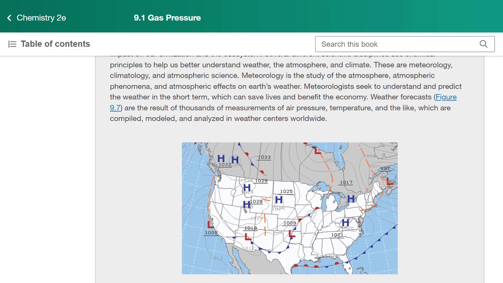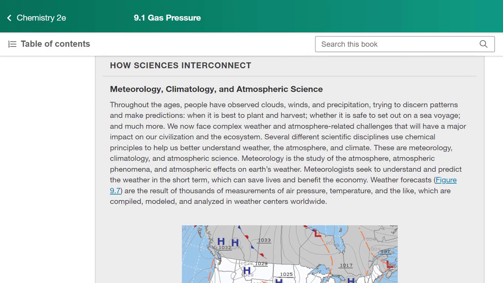But when you hear it on the news, when they report the weather, they are recalibrating it in a different way. So it's based on elevation. So they correct it. So we know that, for example, on the top of a mountain, the atmospheric pressure will be lower than at sea level because you have fewer gas molecules kind of piled up on top of your head when you're on a mountain than you do at sea level. That's kind of a rough way of understanding it. That's not exactly what's going on.